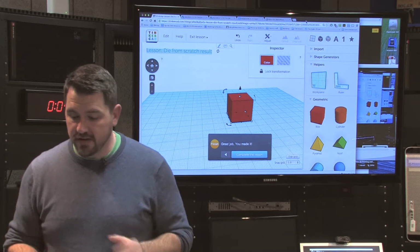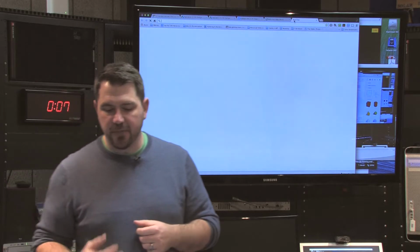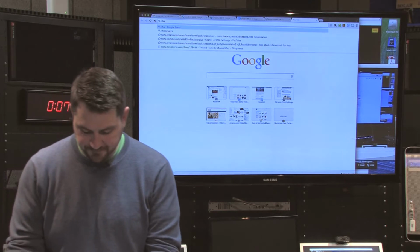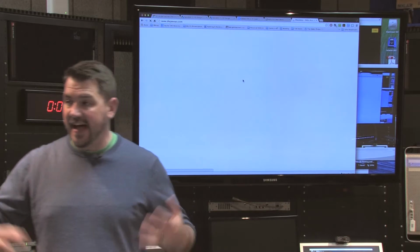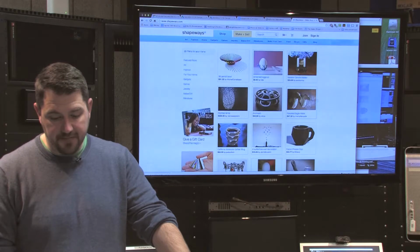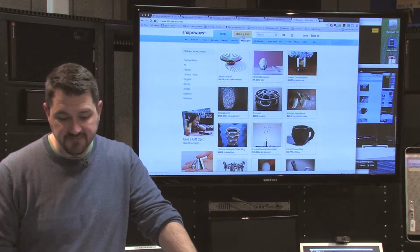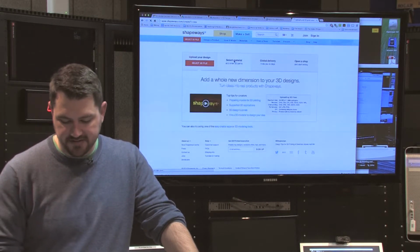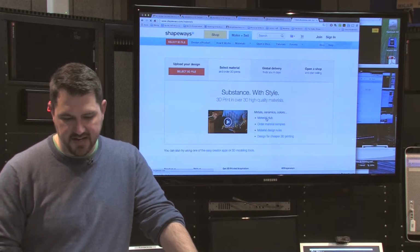So I want to talk about one more thing before I open it up to the few people that we have online. Another place, if you're at a campus that doesn't have a 3D printer, is Shapeways. Shapeways is a great place to purchase. There are lots of 3D printing companies out there that'll print up stuff for you, but Shapeways is interesting. One, because it's local; it's here in Long Island City. But more importantly, they do multiple materials. If you go to their materials hub,